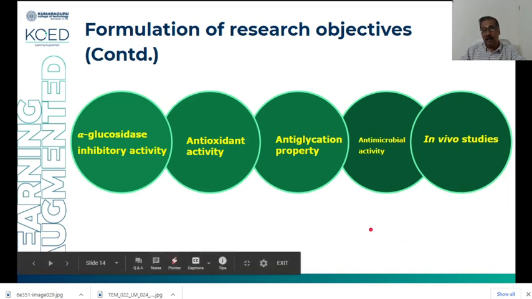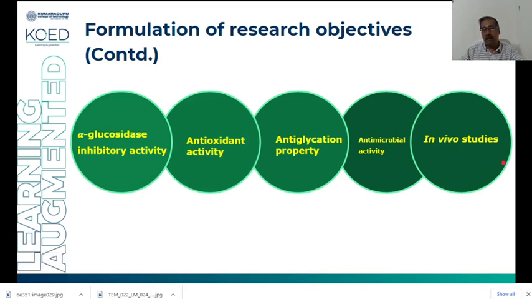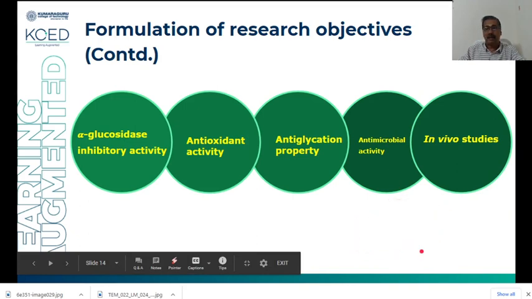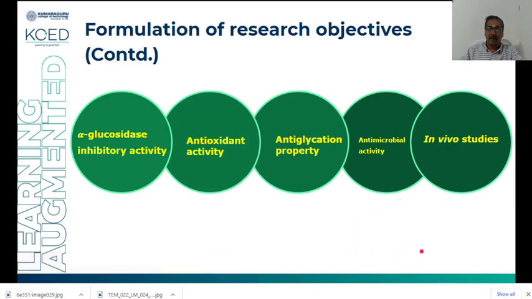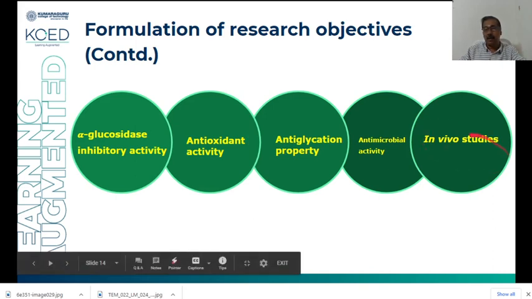Finally, I have not lengthened here. This is the experimental animal; you can choose Wistar rat or albino rat or whatever it is. Finally, you have to exercise all these things using human beings. You have to go for a human model. For animals, you have to clear the animal ethical committee. Here you have to select human volunteers, then you have to go for a human ethical committee. Then only a drug will be launched. It will take 15 to 20 years.